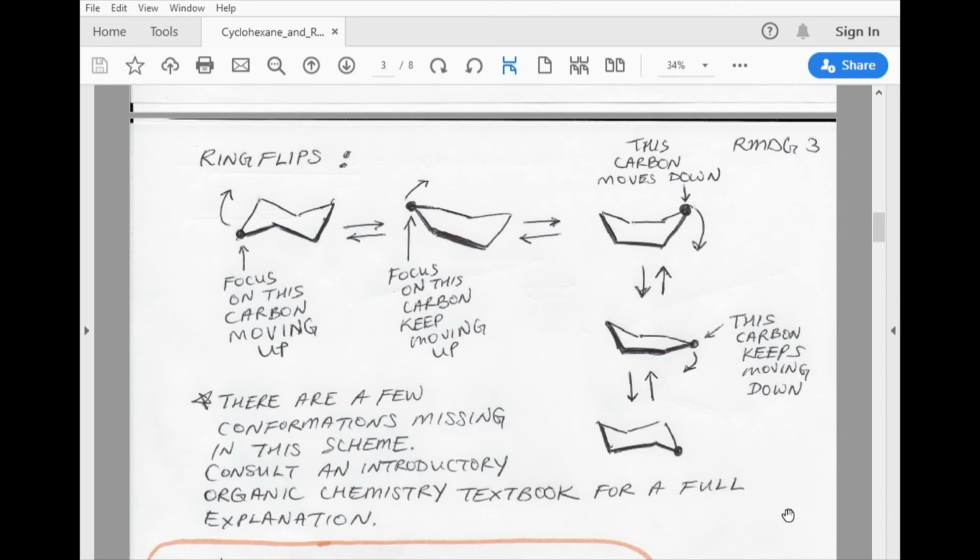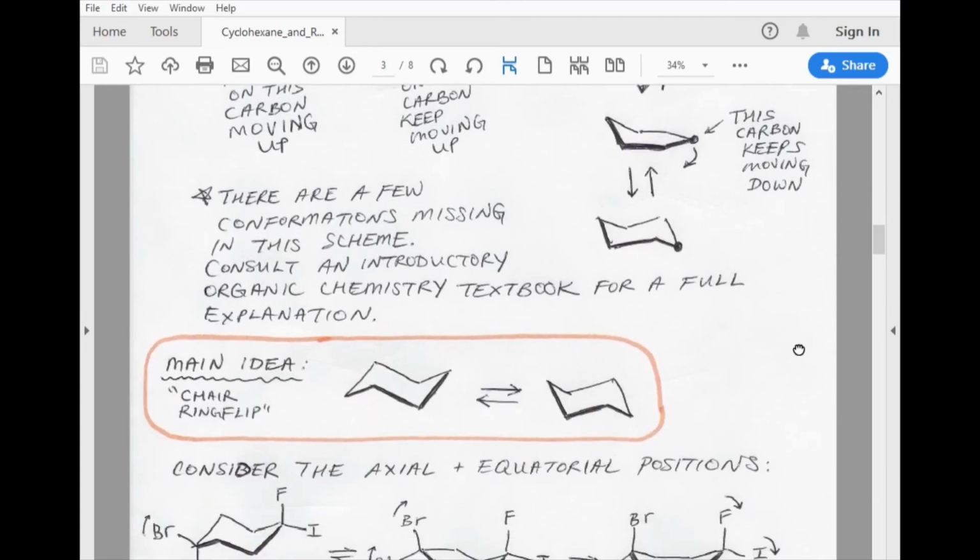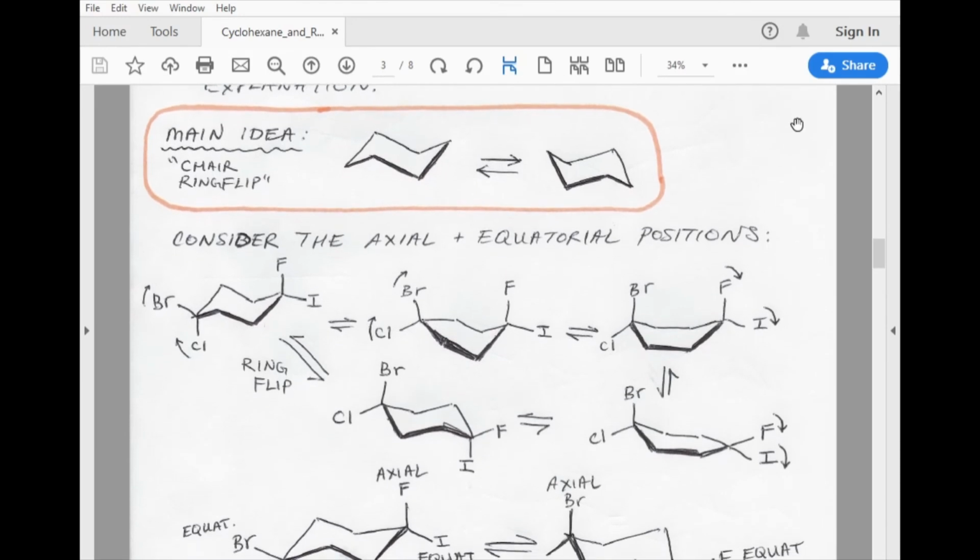They're not enantiomers, but rather they have just had bonds within the ring rotate freely enough such that they take on a different conformation. And these are conformations. And so this is the main idea behind a chair ring flip. You're going to have a chair that has the 2 main parallel lines